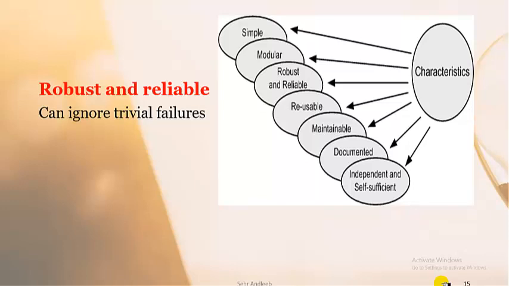So let's suppose that you're going to match two pictures or two images. How should they be matched? If you are going to run a good test case, it will ignore certain trivial factors. For example, if one pixel is not matched and the rest of the picture is matched, what should the result be? It should be passed because those images are equivalent, or those images are copies of each other. But it is not robustness or reliability if only due to one pixel you fail the test case, right?